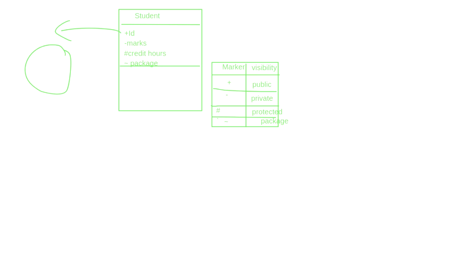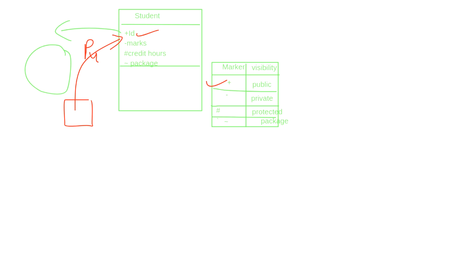Now, what do you mean by public? Public means you have a student class and there is one more class, some other class. Now this class can also see the information, only that information which is public. Public means an outside class can also see the information. As a student, you have no problem sharing your university ID with anyone. So that's why I make university ID public. Did you observe it? Plus means public.